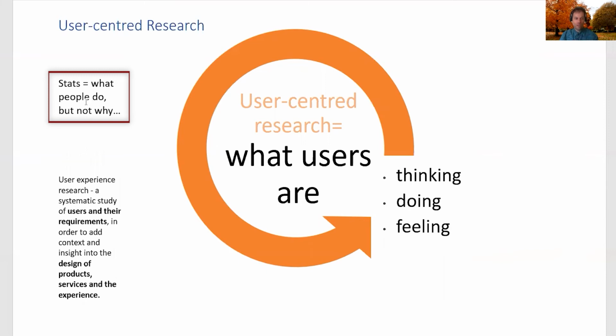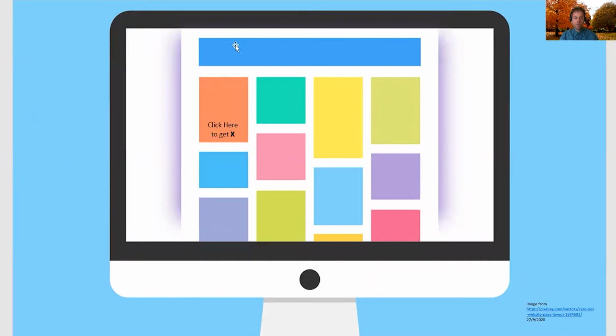So if I look at this example here, this is a scheme for a lovely website, nice colors, everything looks good. The designer placed a new button here on the top left. It says, click here to get X. X, let's say, a certain product, which I call X. Now, let's say there was a problem with the design, there was miscommunication, something went wrong. When you click on this button, you don't get X, but rather you get Z. You get something else. You get a different product, a different website, something which is not right. It's not what you expected. Doesn't matter at the moment why, but it happens a lot. It says click to get X, you click, you get Z.